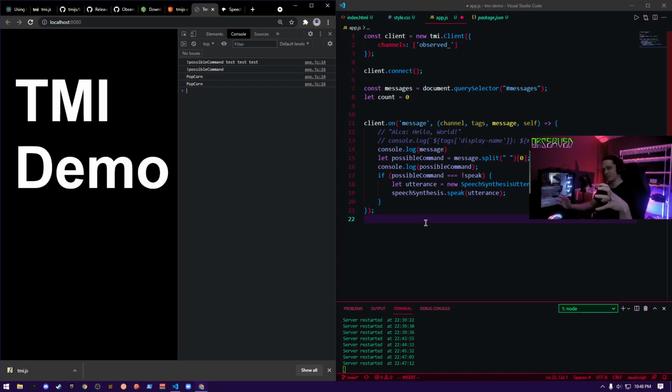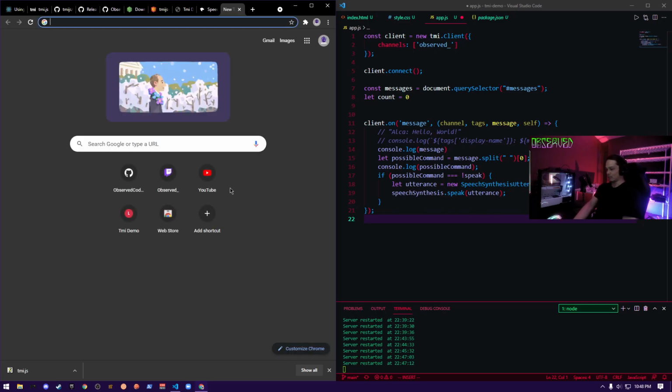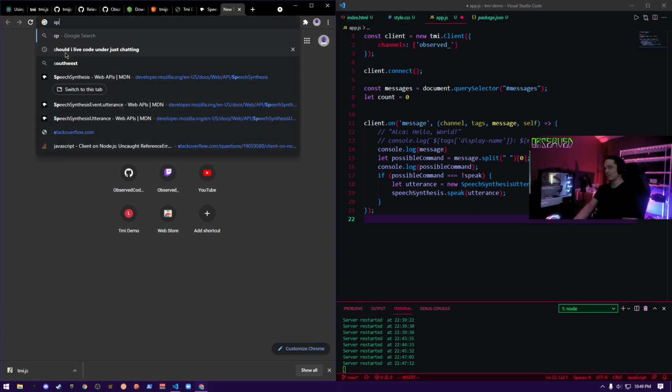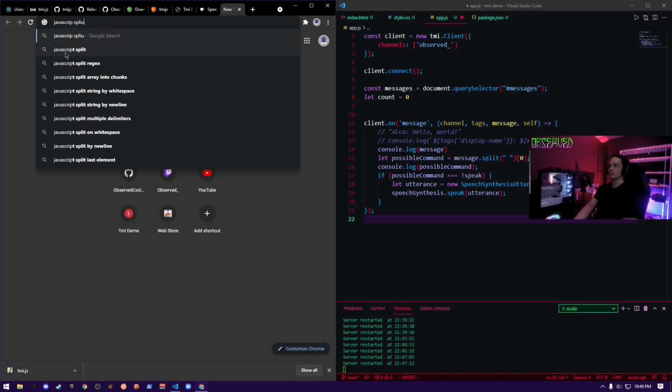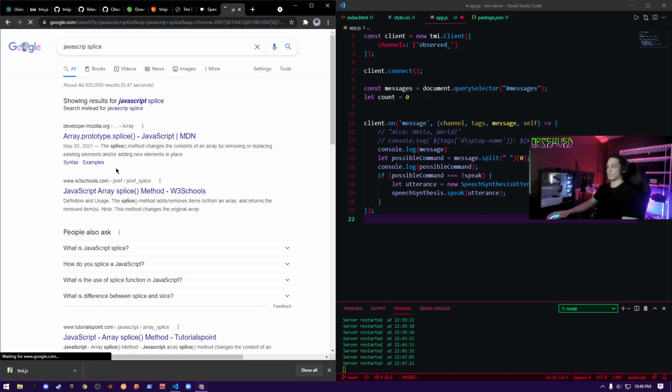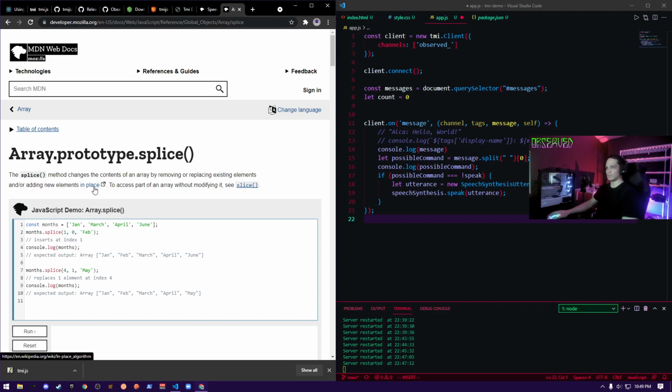Then we're going to join the split message back up without the command. There's a method in JavaScript where you can remove a single element in an array, and it's easy to get them mixed up. But there's JavaScript splice, and there's slice. So let's see which one it is.